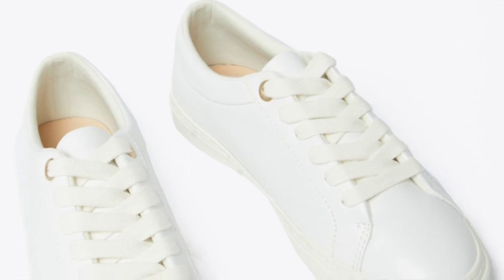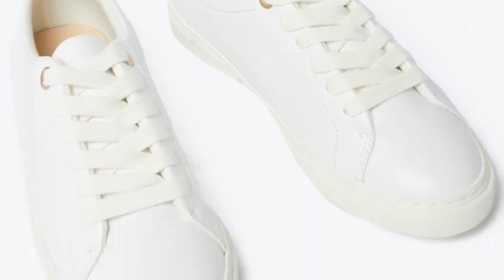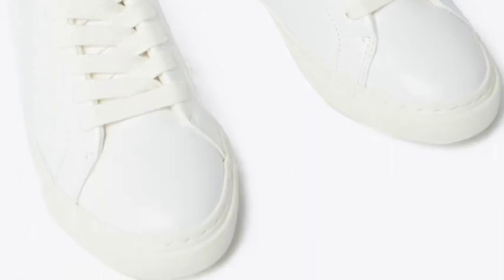Number 8, a pair of trainers. Everybody needs a pair of trainers. Now, if you need a pair of trainers for a particular sporting occasion, you might need to get another pair if it's something specific that you're doing. But if you just like a pair of trainers for comfort, then I would go for a classic white pair,